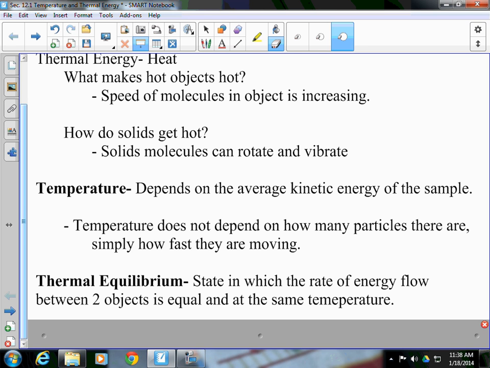So essentially, I have a glass of liquid water. I put ice cubes in it. What's going to happen to those ice cubes over time? They're going to melt, but the temperature of that water is going to drop. And when it's equalized, the ice and the water, even though the ice is melted, that's kind of a poor example, are in thermal equilibrium.